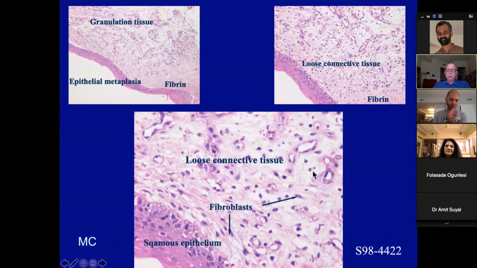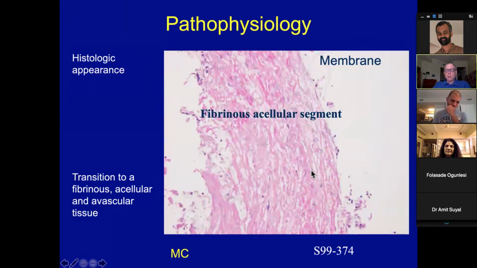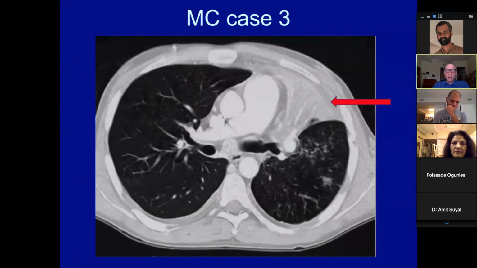But then as you went to what we perceived to be the center of the forming membrane, it became acellular, and it seems to be a transition to a fibrinous, acellular and avascular tissue, which we thought probably represents the membranous transparent part of it, which probably was not an active metabolic tissue, but we were not sure. So Marty then presented one day with marked worsening and with a collapsed lobe.